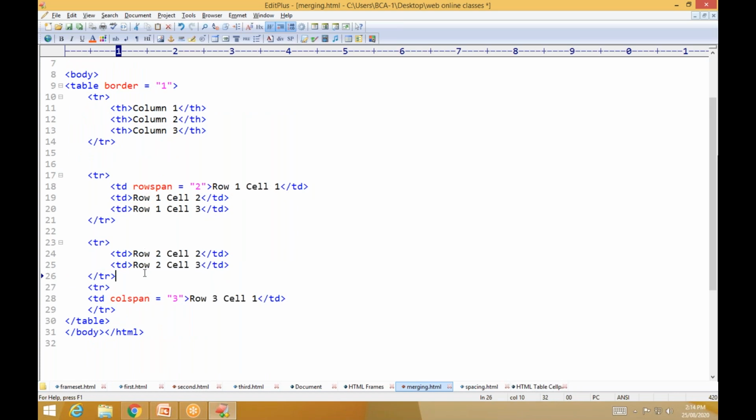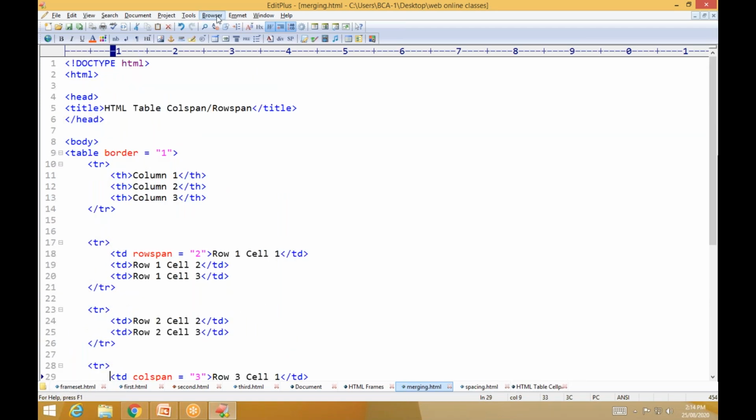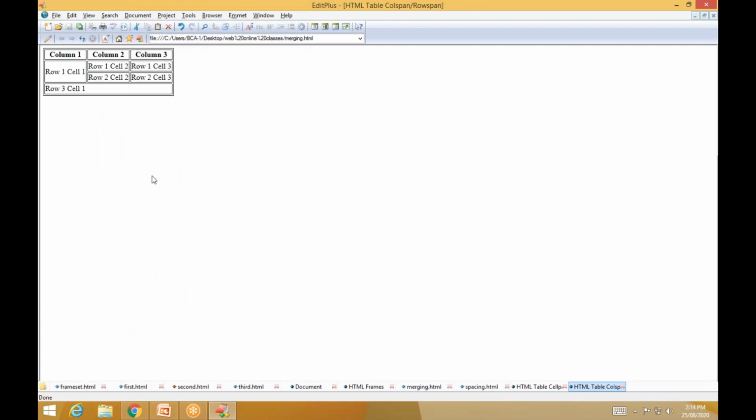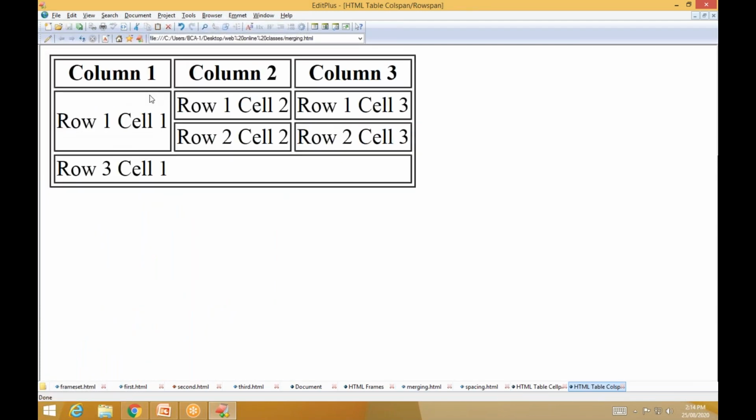Now the third row has 2 columns, and the fourth row has only one column. But I used some column span and row span. So I'll show you how it works. In the browser, see here these are the columns, there are 3 columns and there are 4 rows.